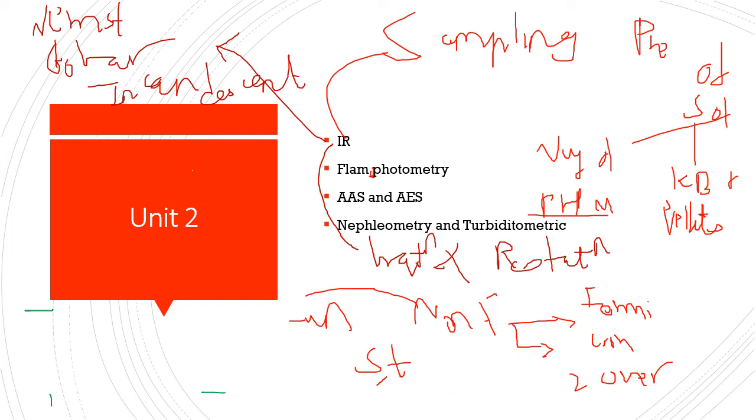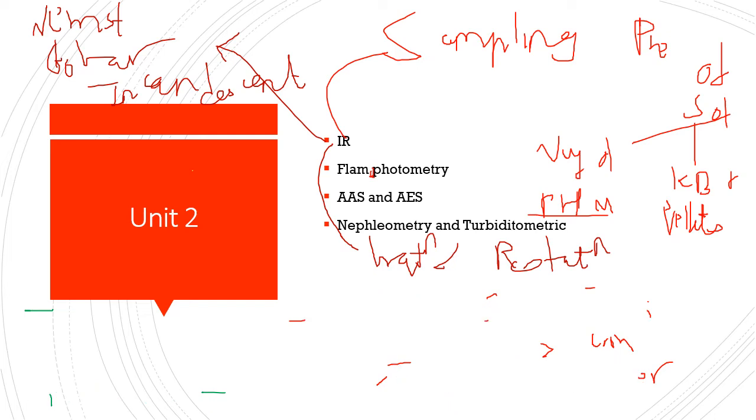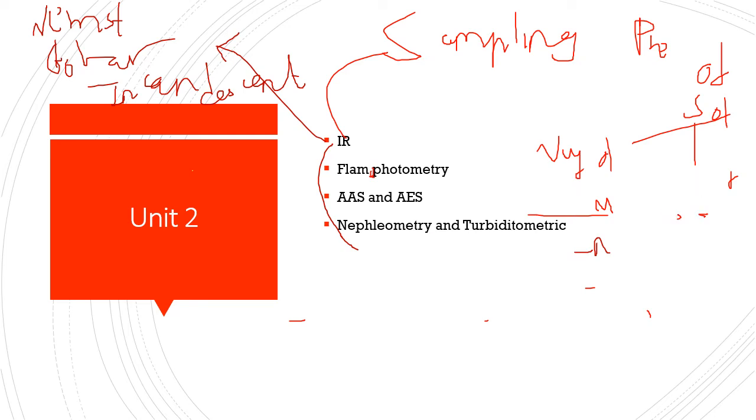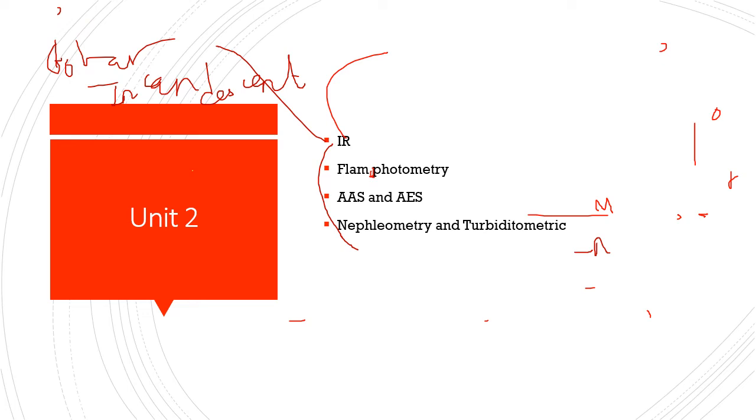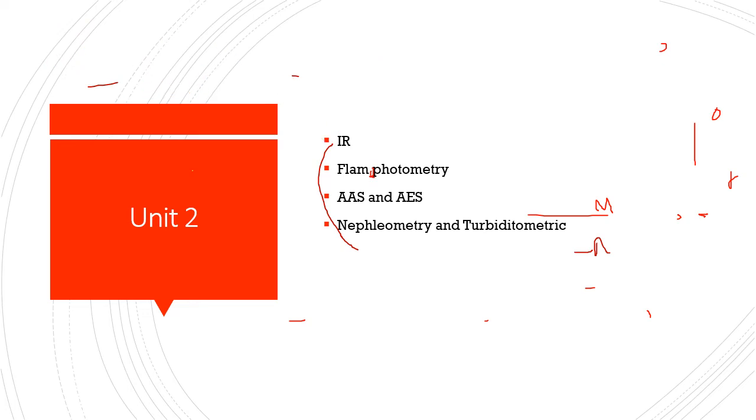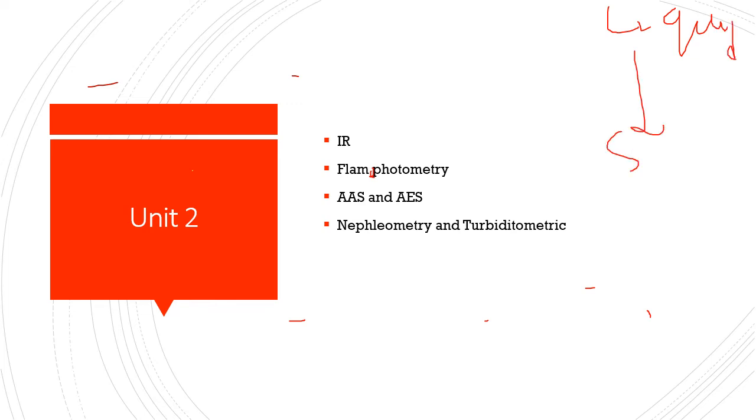Here you have to study about the two types of burners, total consumption burner and pre-mixed burner. One is called a streamline burner and one is called a non-streamline burner. So flame photometry's basic principle is, firstly, you introduce a liquid sample, which gets volatilized or desolvated to form a solid residue. This further gets volatilized,